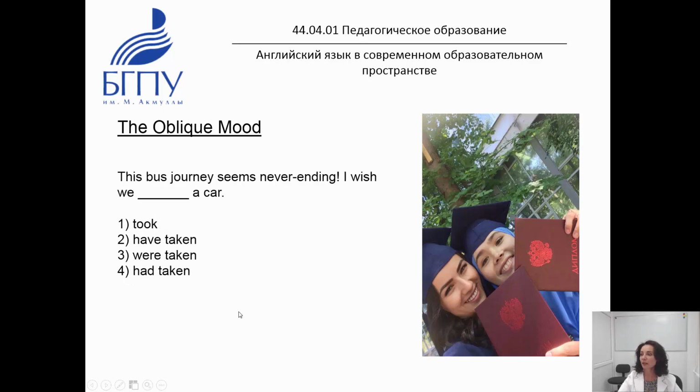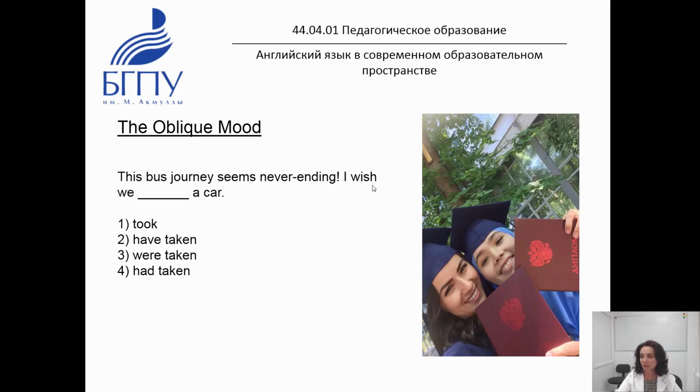Let us consider some other sentence. For instance, this bus journey seems never ending. I wish we, then comes the insertion, a car, which is translated as это путешествие на автобусе, кажется, никогда не закончится. Жаль, что мы не взяли машину. If we speak like жаль, что мы не взяли машину, it is related to priority. Priority means предшествование. And you should remember that after wish,